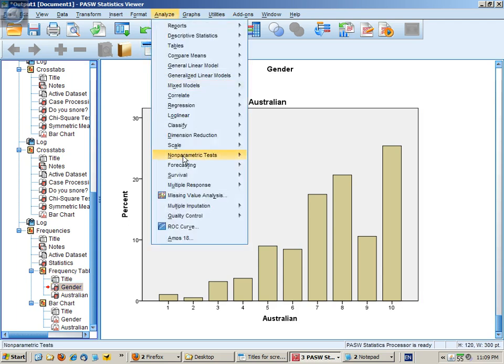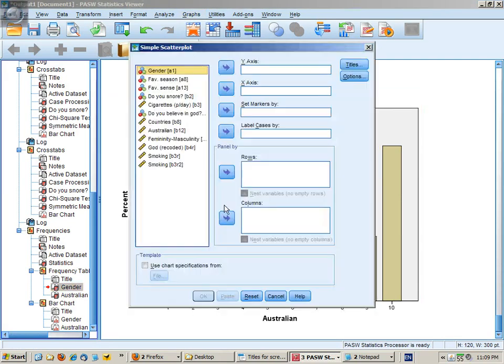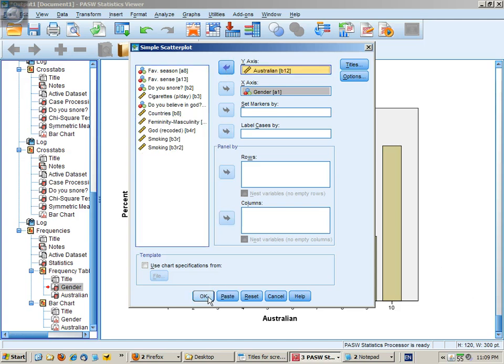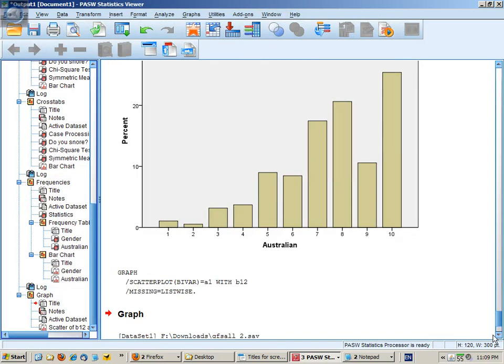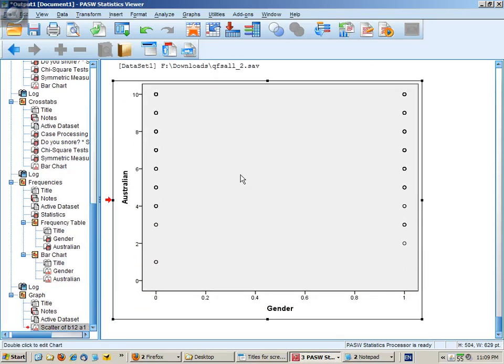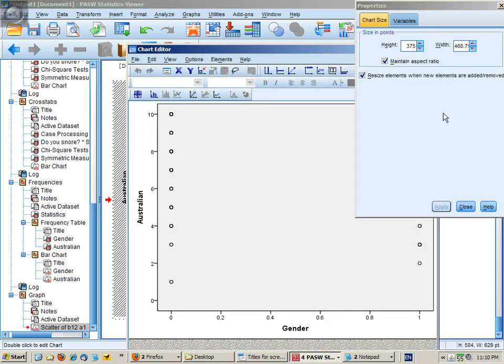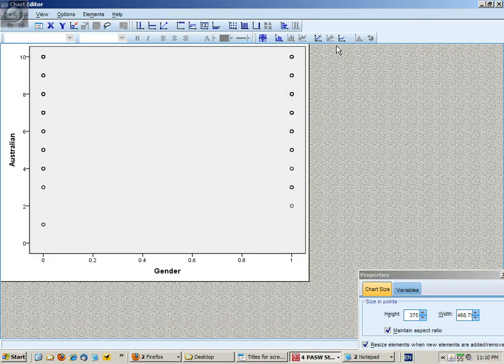To get a graph of that, we can go to Graphs, Legacy Dialogues, Scatter, and put in our predictor variable on the x-axis, which will be gender, and for B12 Australianness that can go on the y-axis. And we have a scatter plot that looks like this, which we can improve by double clicking on the graph to go into the chart editor and then adding a line of best fit